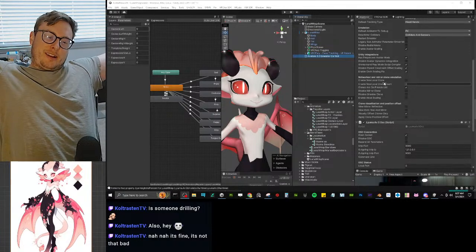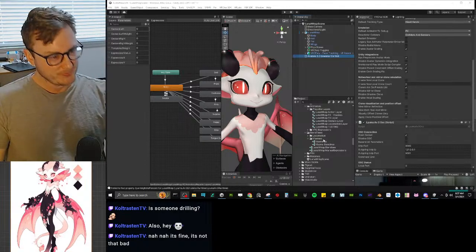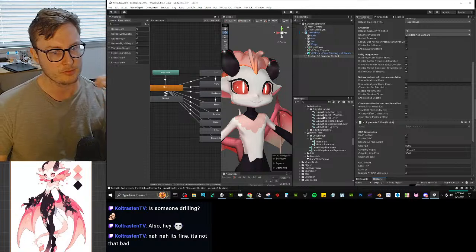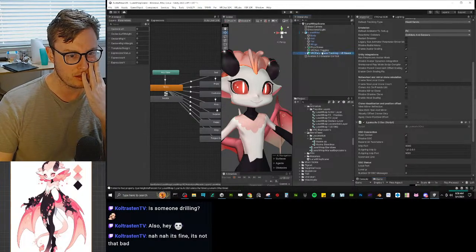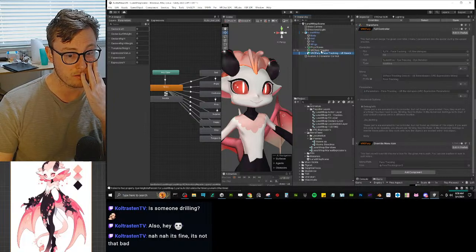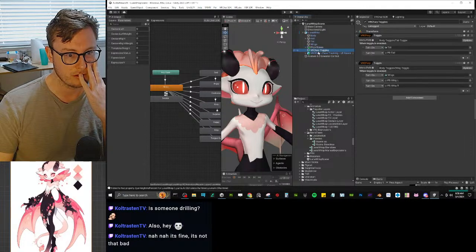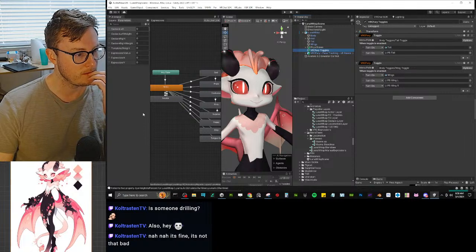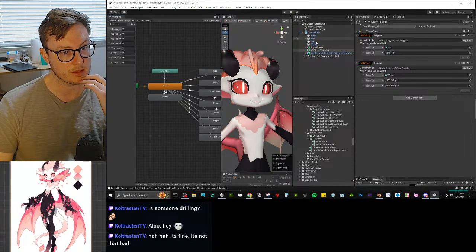We're trying to get some bone animations working on the character, but we're struggling. It is difficult for some reason. Very difficult. This does not want to work. Just does not want to work. I don't know why. We had them working as normal blend shapes, so you're able to get them working as